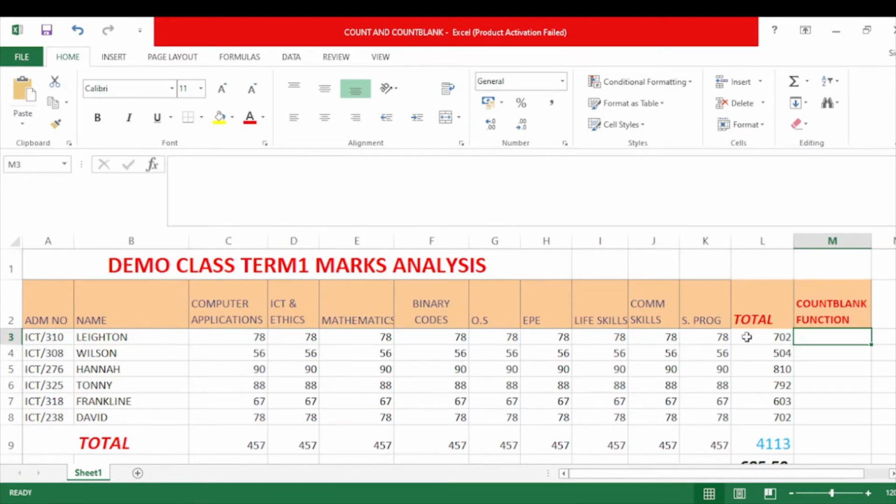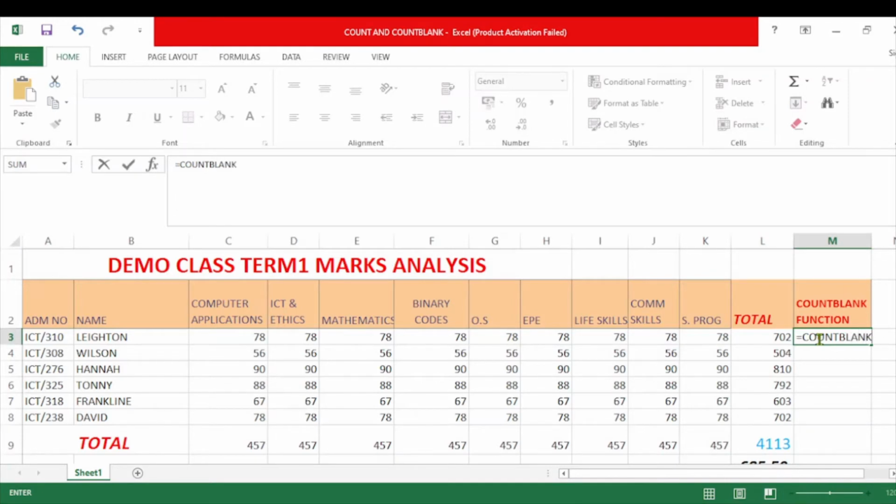But even before I continue, we want to input the formula in this cell at the end here. And of course, as we know, we always start our formula with an equal sign. If you have not seen the tutorial on how to input formulas in Excel, please kindly visit the previous tutorials, and you are going to be able to see that. So we start with the equal sign as usual,